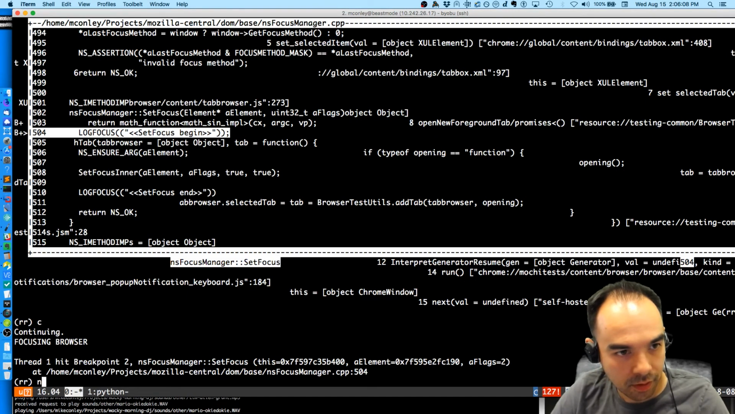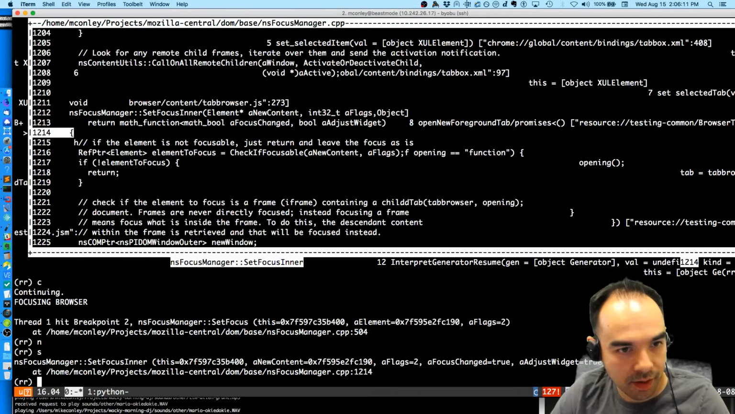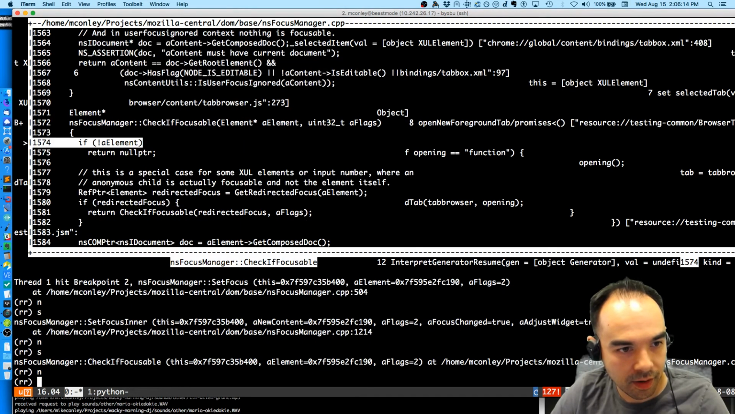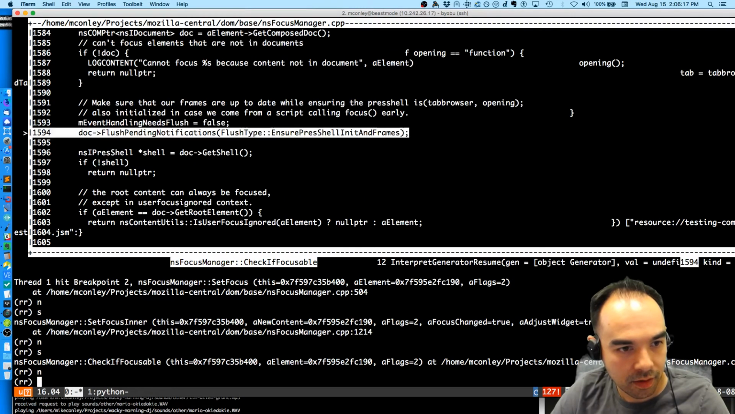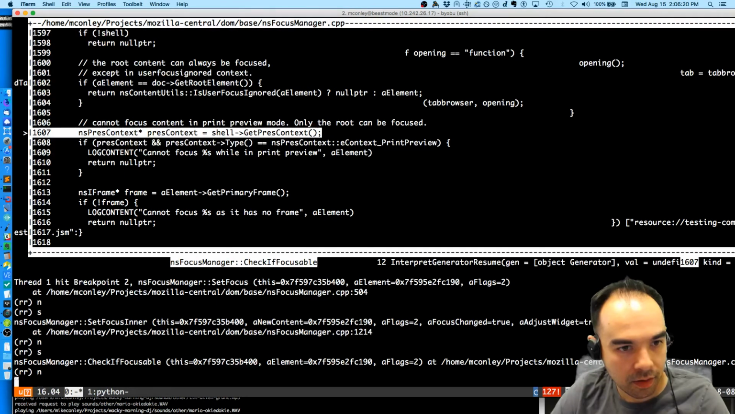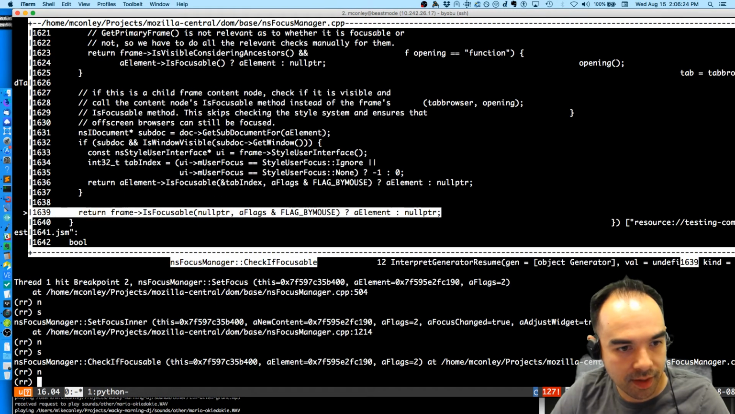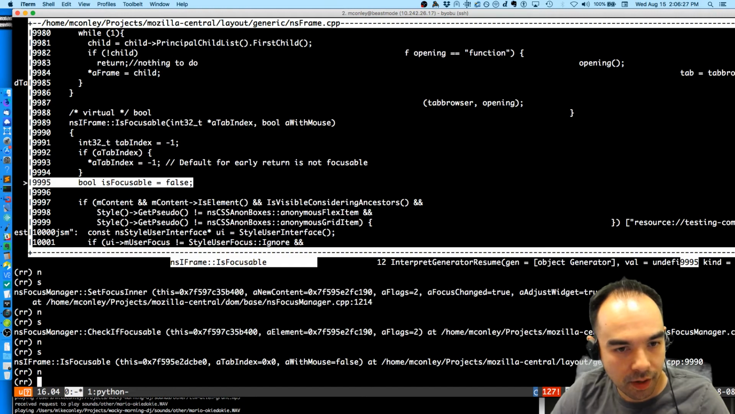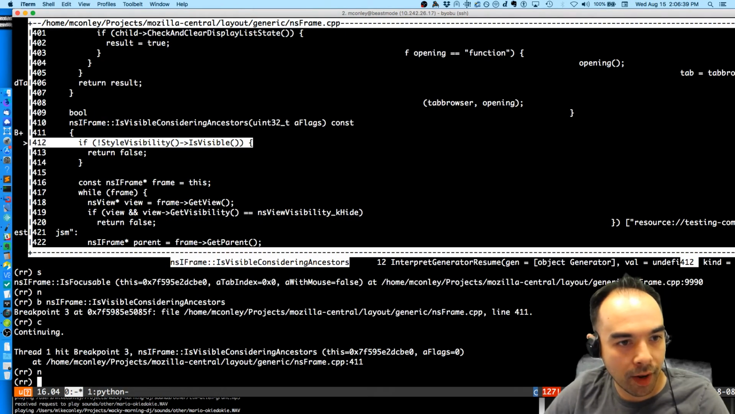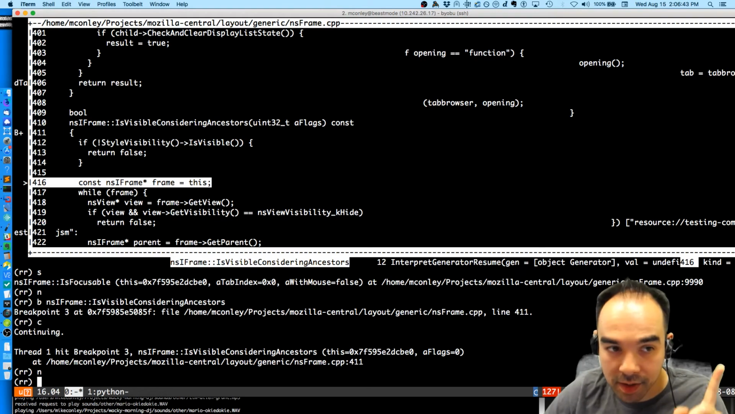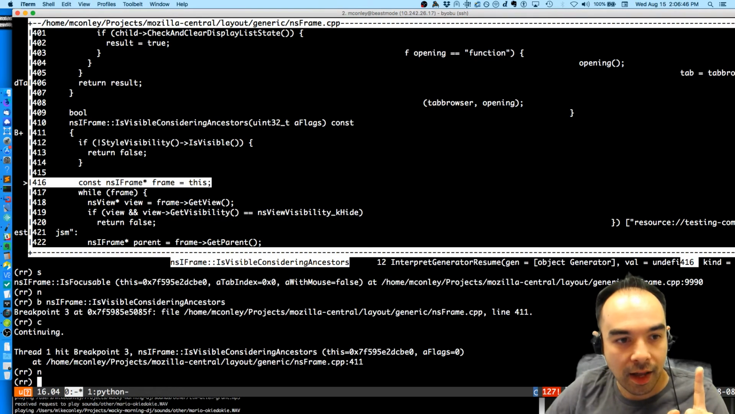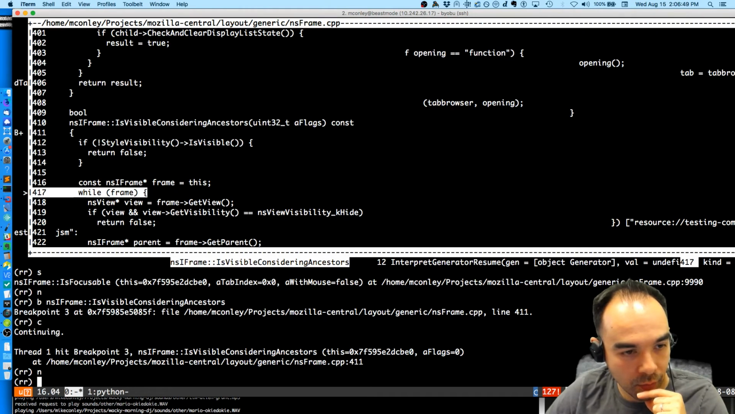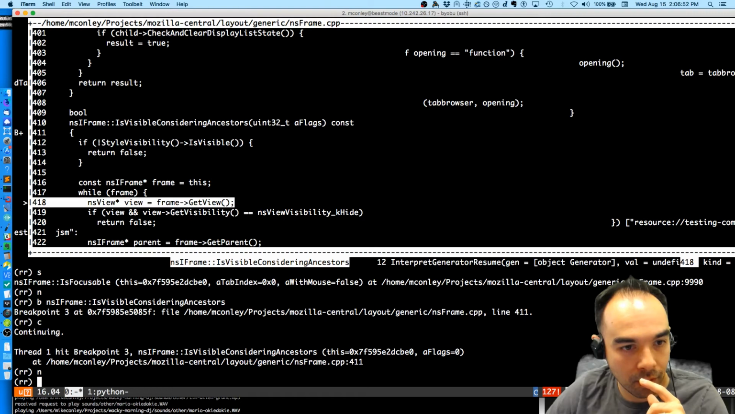Okay. So step inside there. Step inside there. It's the same deal as before. We're going to step inside here. What I'm going to do is I'm going to set a breakpoint inside is visible considering ancestors, and then we're going to work our way up. Is the visibility visible? Yes, we are apparently styled to be visible, and now we're going to work our way up our frame tree, so we're going to get our view,